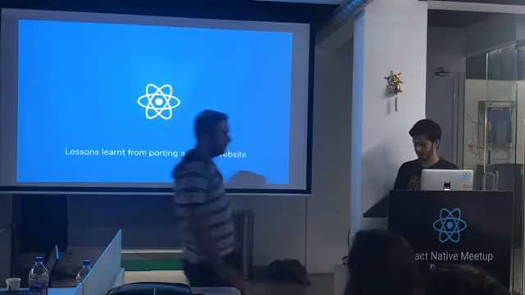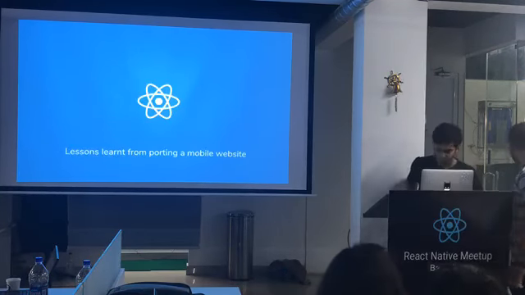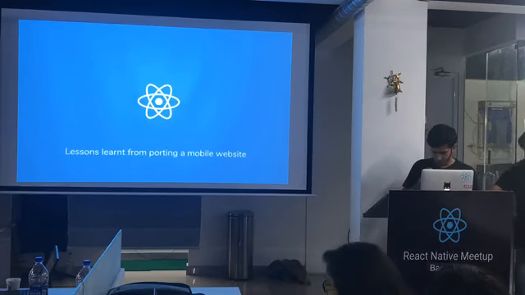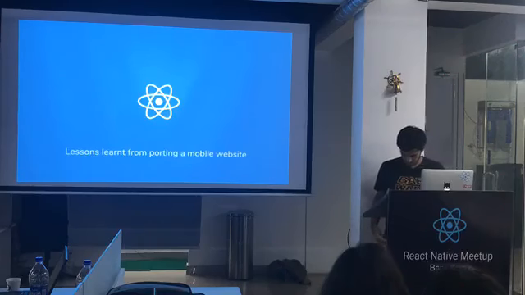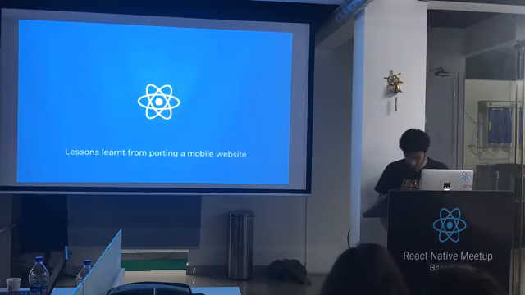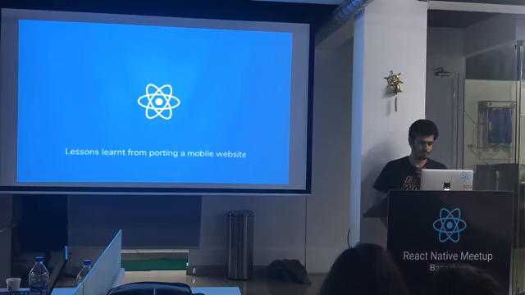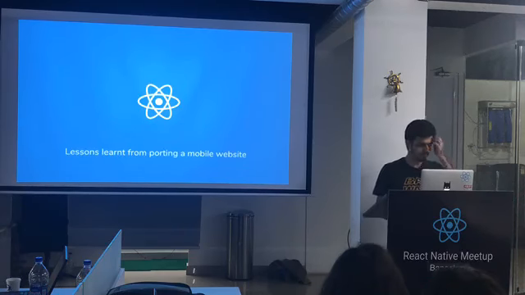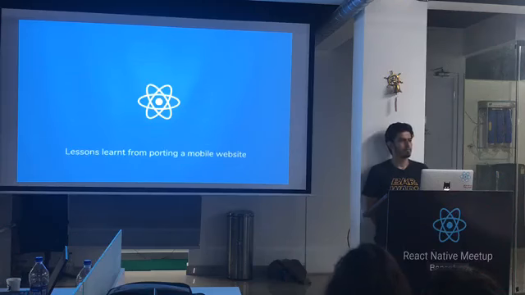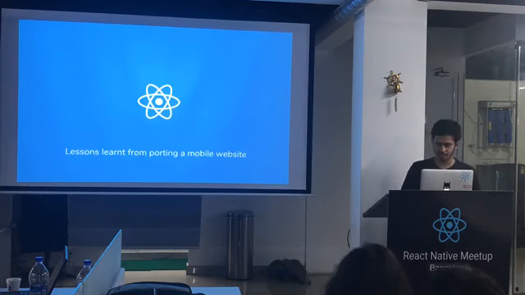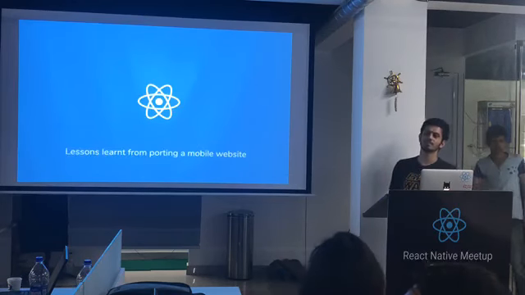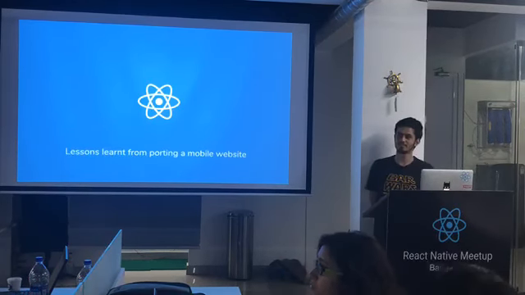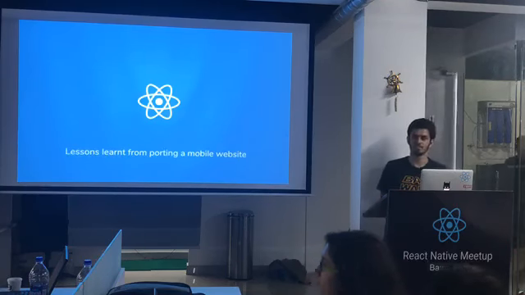Alright, so here we have Siddharth. He's a software architect at Facto. So all the crazy stuff which you see in the Facto app was architected by them. Okay, most of them. And his topic is pretty interesting today, which is how do you port a mobile web to a React Native app. I'll leave it to you. Alright, you guys can hear me? Oh, somebody has a beer. Can we have a round of applause for him before he starts?